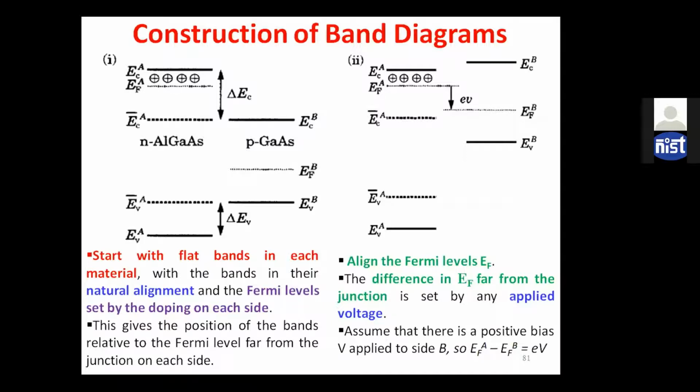So how can we make this band bending? This is for those who are students. First you make the flat band with respect to your doping. Let this AlGaAs be doped N type. This is a heterostructure like a PN junction, where N is made up of AlGaAs and P is made up of GaAs. So depending upon the doping,